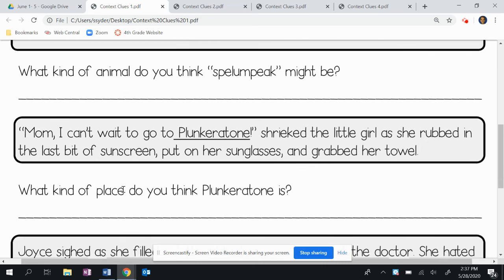So when it asks, what kind of place do you think Splunkertown is? I would say the place I think it is a beach or a water park. And I know that because the little girl is excited to go and she's taking sunscreen, sunglasses, and she grabbed her towel. So use context